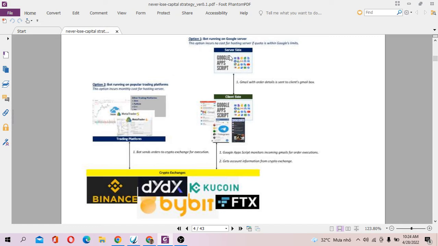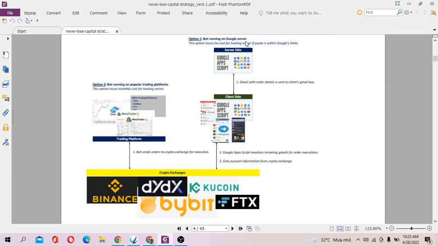So I run the strategy on Google's server using Google Apps Scripts, and the strategy sends a signal to the client side. On the client side, you need to run Google Apps Scripts as well. Then the script will send orders to your crypto exchange. You can choose any crypto exchange you want to trade with, like Binance, Bybit, Coinbase, FTX, etc. So this is actually a fantastic